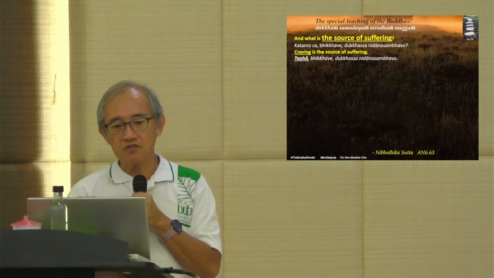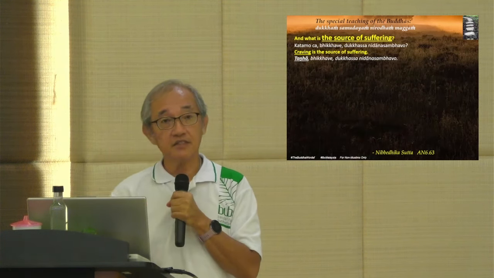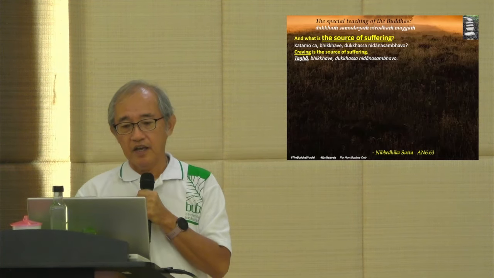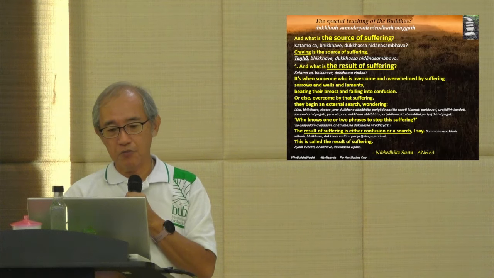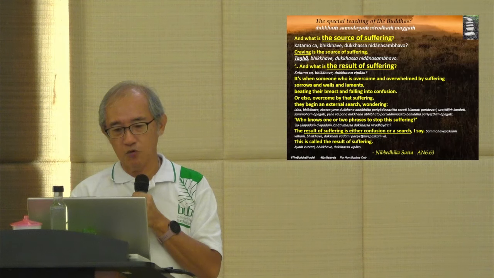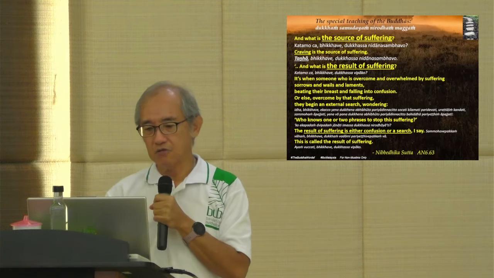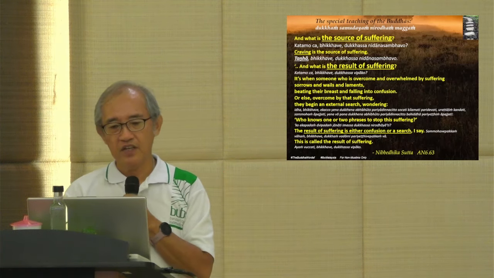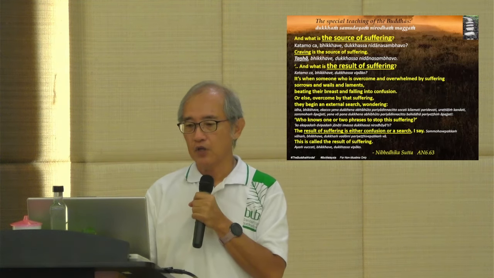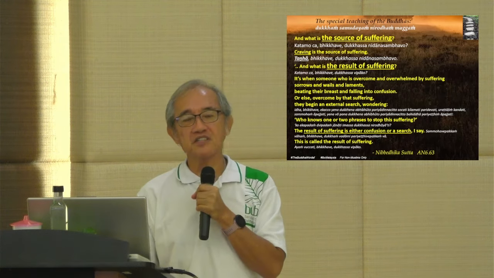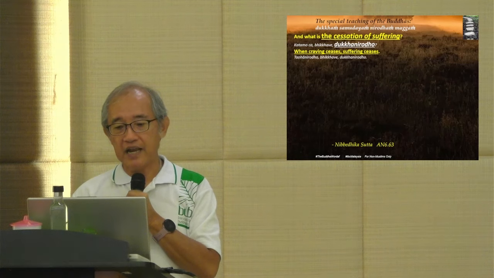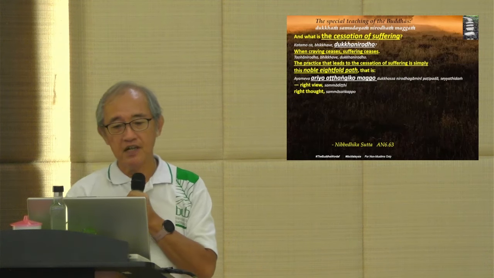And what is the source of suffering? Just now I went through a similar slide. Craving is the one, tanha. And what is the result of that? We already went through. The result of suffering is either confusion or a search, looking for one phrase or that blessing to eradicate this. And the cessation of dukkha, dukkha nirodho. When craving ceases, suffering ceases. Okay, very clear cut. And the practice that leads to the ending or cessation of suffering is simply the Noble